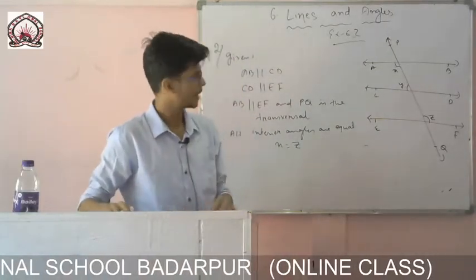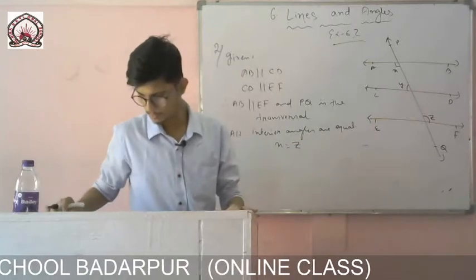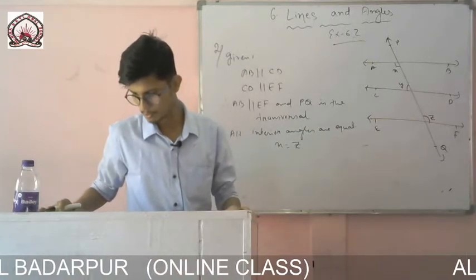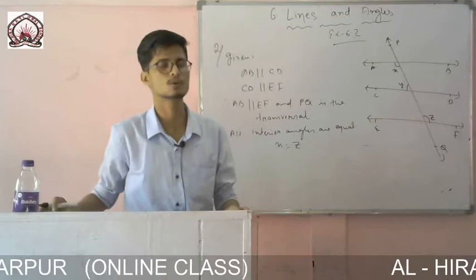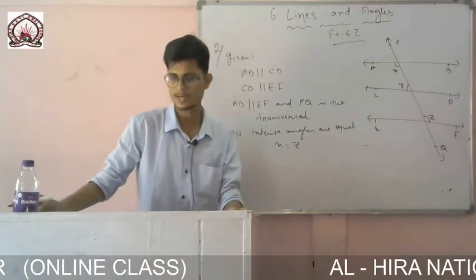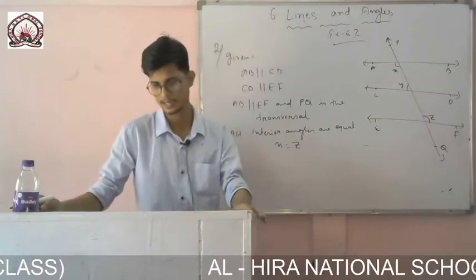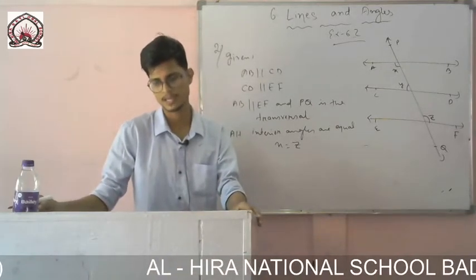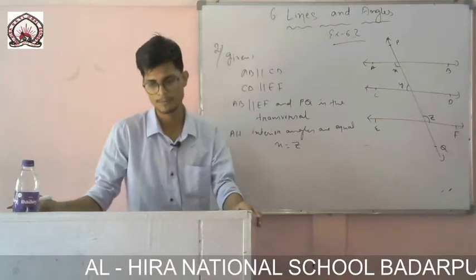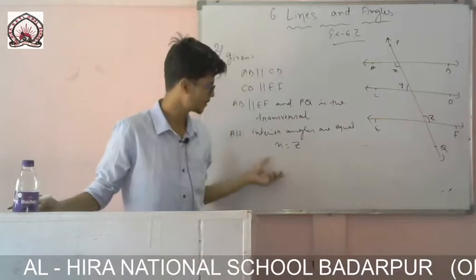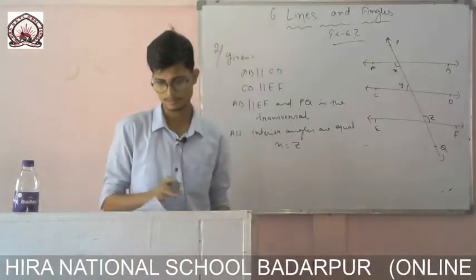Now one ratio is given: y is to z equals 3 is to 7, but I don't know the total angle. If you want, you can take y equals 3a and z equals 7a, and then solve it and find the value of x, or directly in two lines, as I did in our last class.